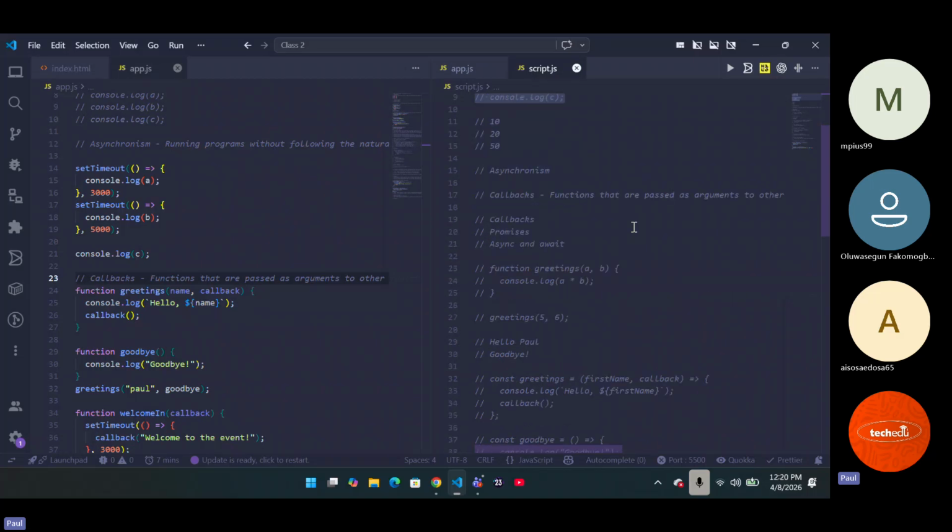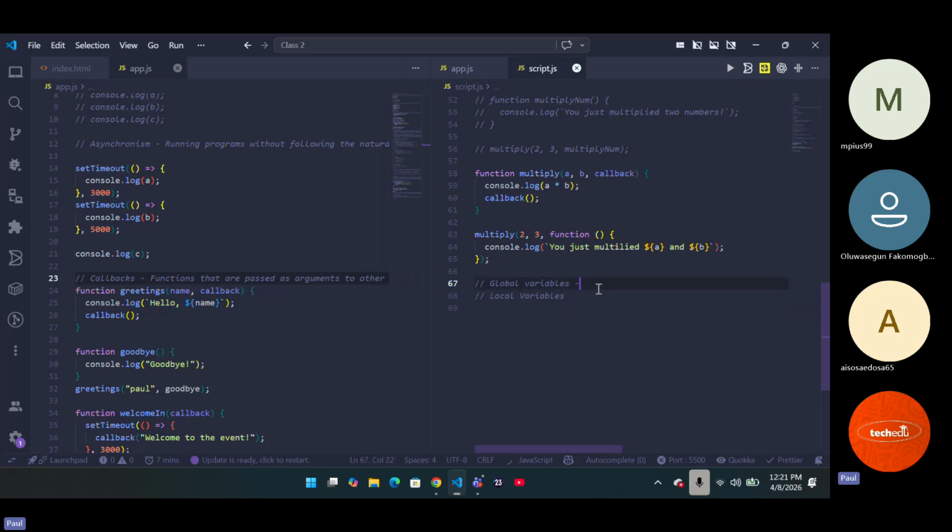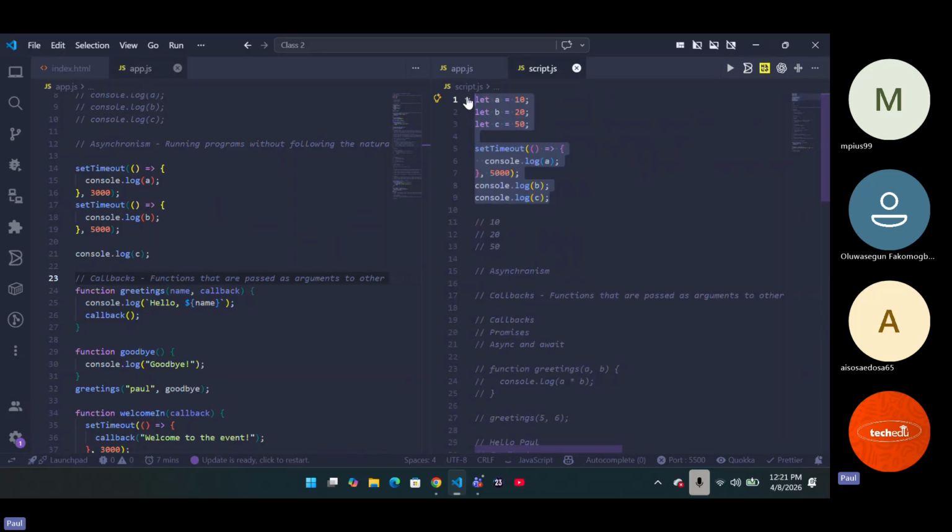Now, the reason is, let me go over this again so everybody gets it. The reason why you're having that issue is because in JavaScript, you have something called global variables, and then you have something called local variables. You understand? Now, global variables are those variables defined that affect the whole workstation. So what am I saying? This is a global variable in the sense that it is outside of any scope. So any variable that is outside of a function or if statement, when you say scope, scope is like a particular block of code designed for a specific function. So any variable that is outside of that kind of scope is a global variable